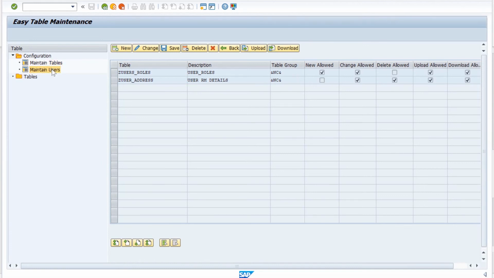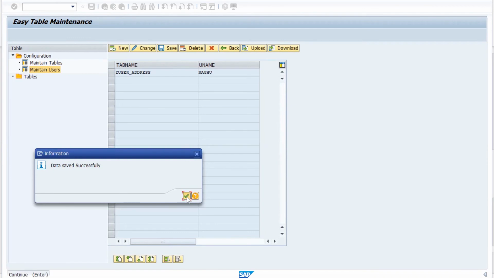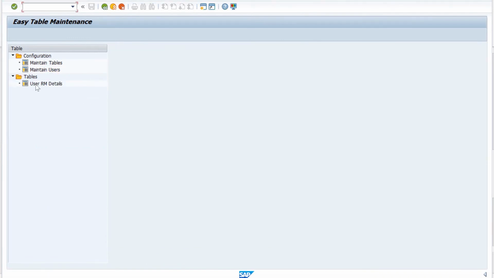I just need to go to maintain users, click on new, and give the table name and the username. I'm assigning it to myself and then saving. Now you can see that this table access is assigned to Raghu, and you can see the table under the tables tab.